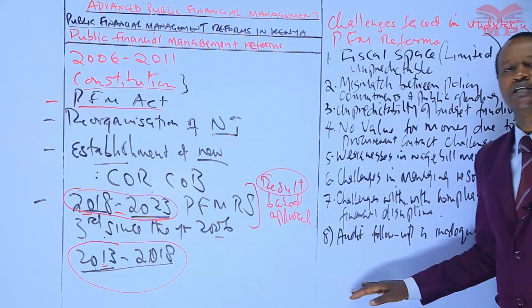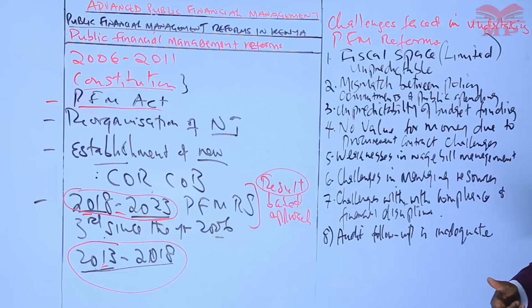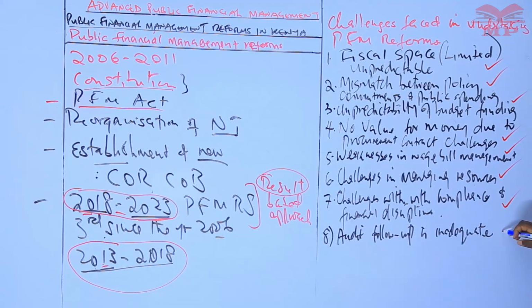We've also had inadequate follow-up on issues raised from external and internal audits. And that's a challenge the government faces in undertaking public finance management reforms. We've given you 8 challenges: limited and unpredictable fiscal space, mismatch between policy commitments and public spending, unpredictability of budget funding. There is no value for money due to procurement contract challenges, weaknesses in wage bill management, challenge in managing resources, challenges with compliance and financial discipline, then lack of audit follow-up. We've said that there is inadequate follow-up on issues raised both by external and internal